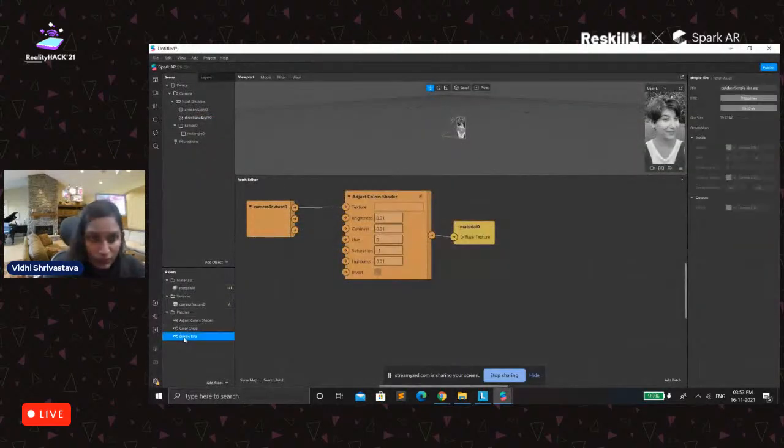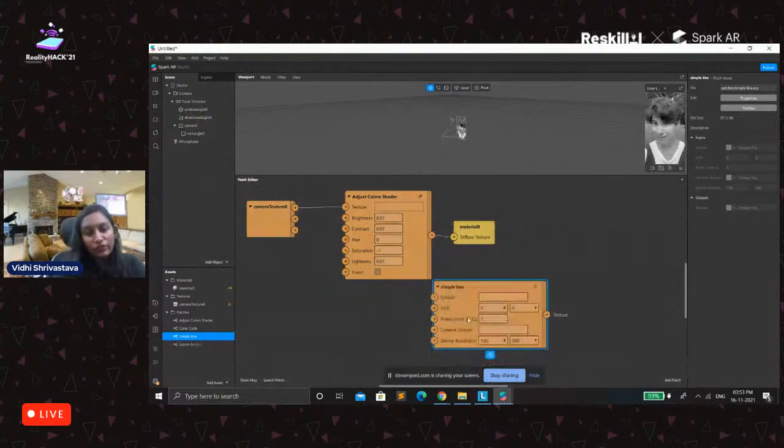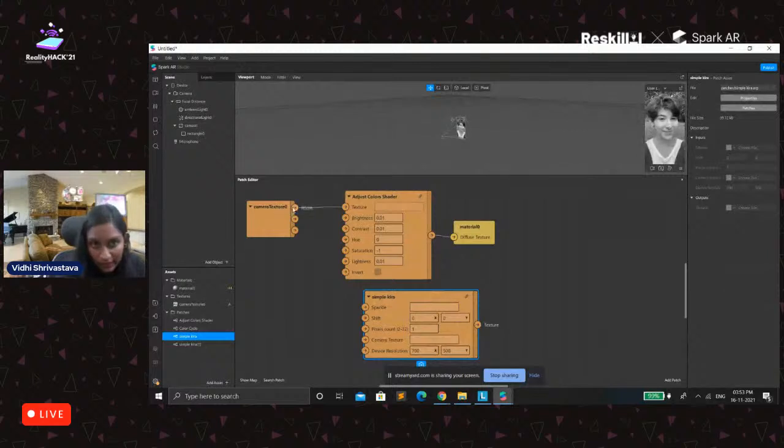Okay, so we can see the Kira Kira patch here. Now it has different inputs that we'll be needing, but one is camera texture. So let us first connect the camera texture to the simple Kira. And what we need is the sparkle. You can find the sparkle directly, go to Google and find a sparkle image. That will be a simple star, and just remember that the background of that star should not be any color, it should be plain, and it should be in PNG format.